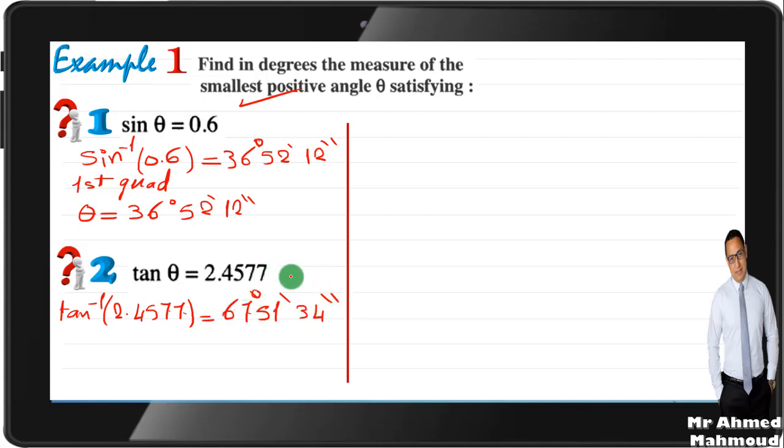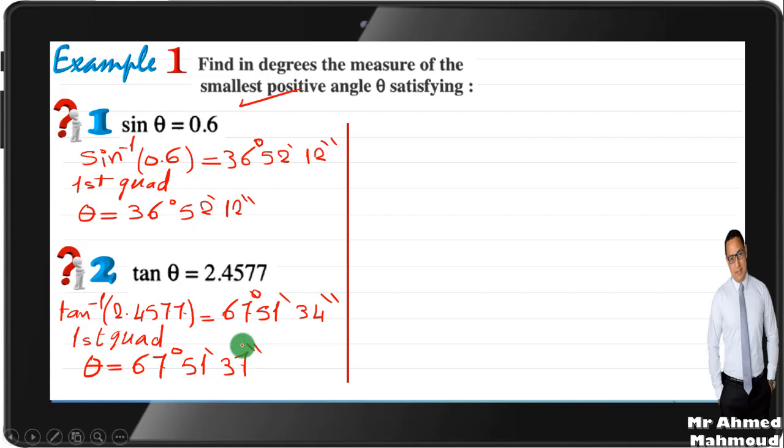Now tan theta is positive in the first and in the third quadrants, but here because he asked me for the smallest, I will choose the first quadrant. In the first quadrant, theta equals 67 degrees 51 minutes